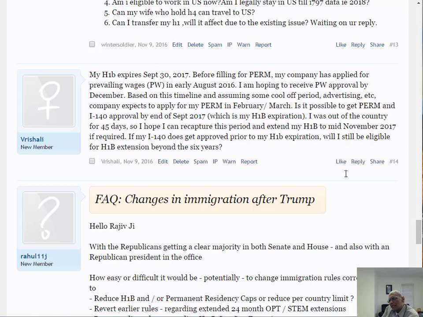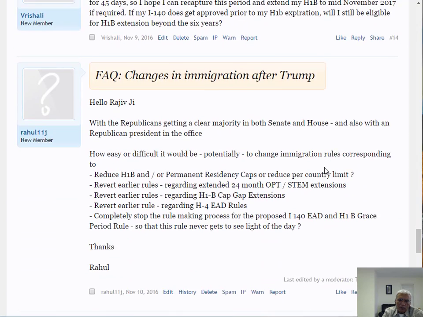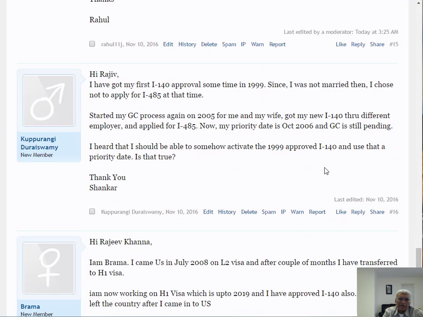So see, here is what happens, Vishali. Let's say that there's a gap between when the new H1 can start based upon the earlier green card filing and the old H1 is expiring. You just have to leave USA for a few days or a few weeks and then get an H1 that starts from the date that you can come back. So if you are late by 3 months, you'll be outside USA for 3 months. It's not like you lose the right to get an H1 extension. Quota is not an issue. Getting H1 done is not an issue. The only problem is you might have some interruption in work. Star 5, if you have a follow-up question on this.